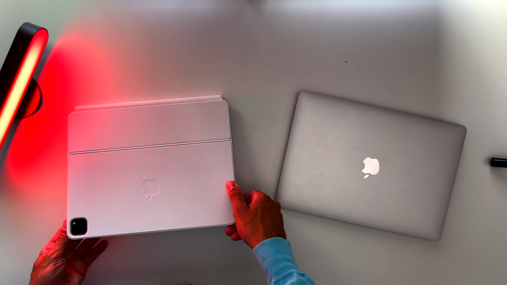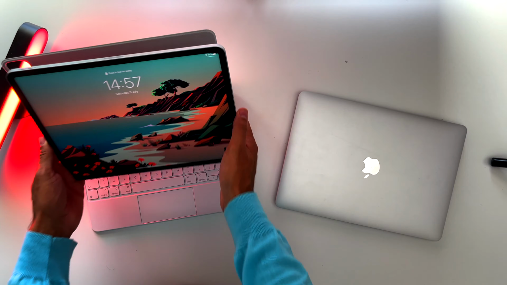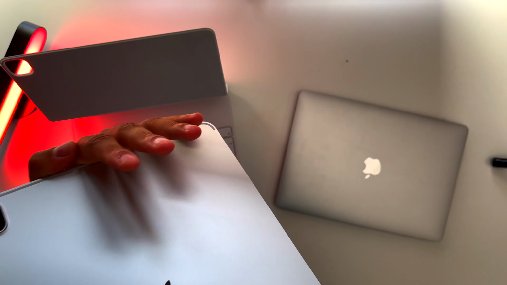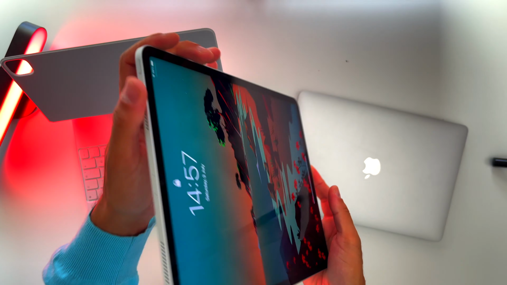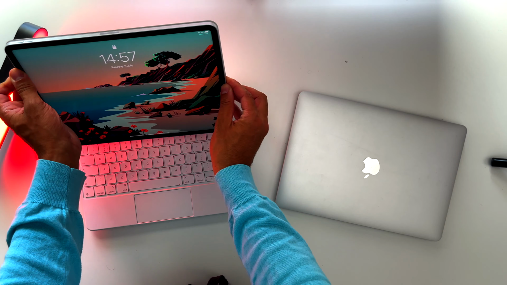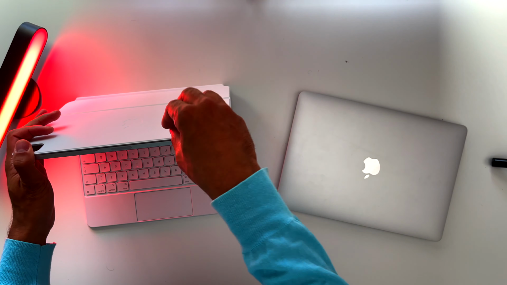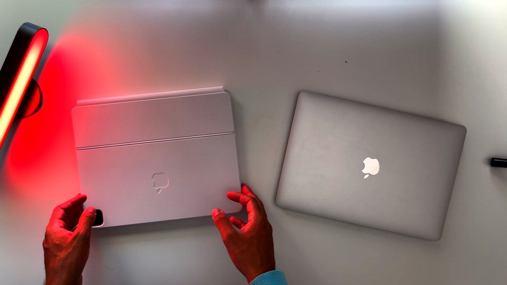But don't get me wrong, that's just the Magic Keyboard. If we take the iPad separately, we find out that the material of this iPad is made out of aluminum, so that's something that you should think about. Plus, your aluminum material is covered by this polyurethane Magic Keyboard. So yeah,